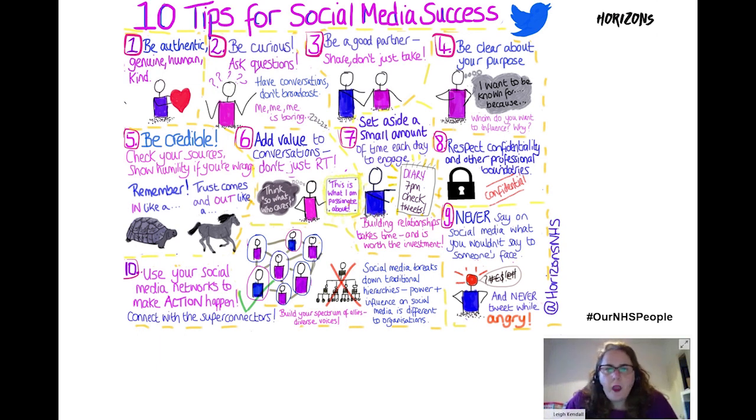If I was going to do this sketch note again, I would add something else: to rest. Because of course we all have really busy lives. Our working lives are really busy. We probably have family commitments, our hobbies and things like that. So it can be quite easy to fall down a rabbit hole with Twitter. It can be a time suck. So there's no one right answer for anybody, but find a way that works for you, whether it's something you do at a particular time of the day, or when you're at a conference or something, when you've got something you really want to say. And hopefully throughout the rest of the session you'll learn some tips that you can find a way of using Twitter that will work for you.